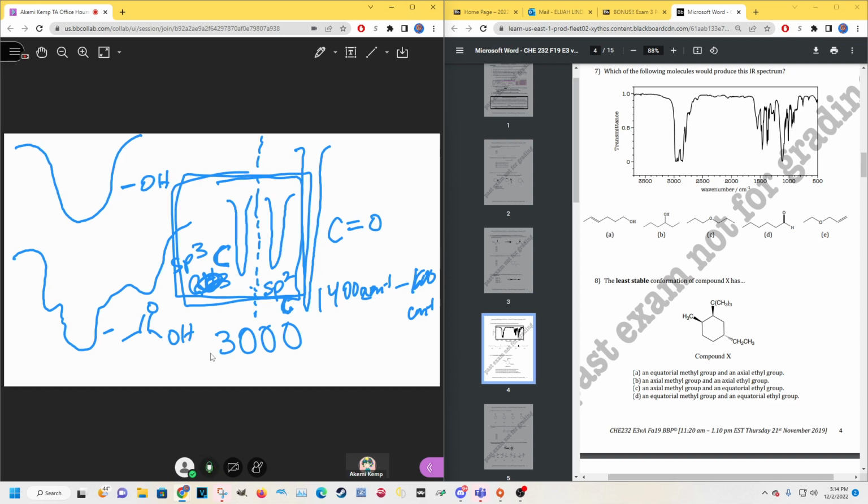Okay. Any questions? What do you say the range was for the thing at the bottom left, the O and the OH thing? Which one, the carbonyl group, the C double bond O? Yeah. So the region to look out for that would be from 1400 centimeters to 1600 centimeters. For OH, that'll be